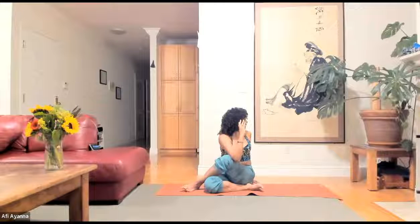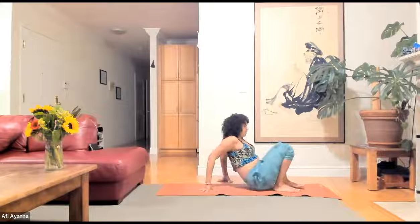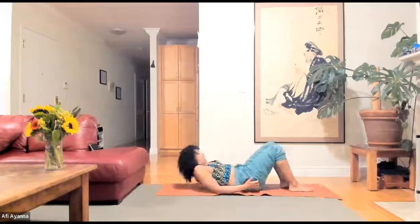And lastly, looking the eyes over the left shoulder, seeing how far can you see behind you, really pressing in that right elbow into the left thigh. And on the exhale, releasing and letting that go. Beautiful. Drawing the legs out in front of you, knees up into the sky,